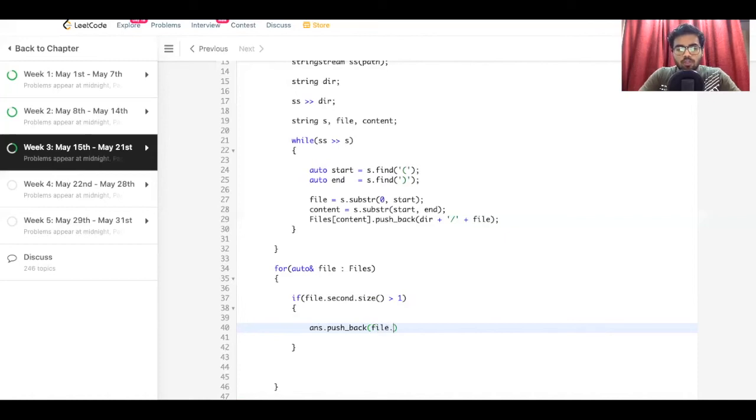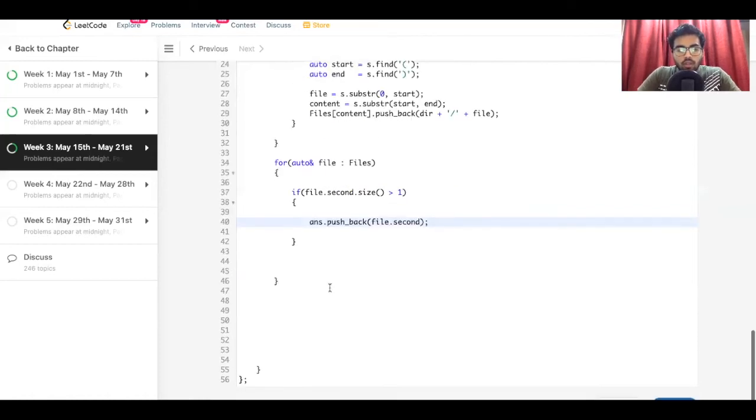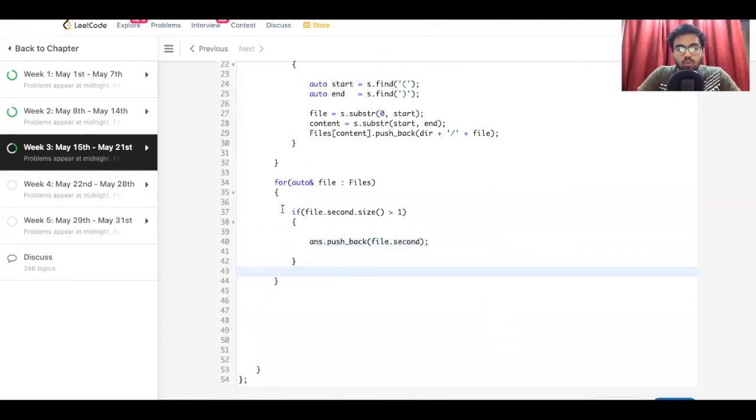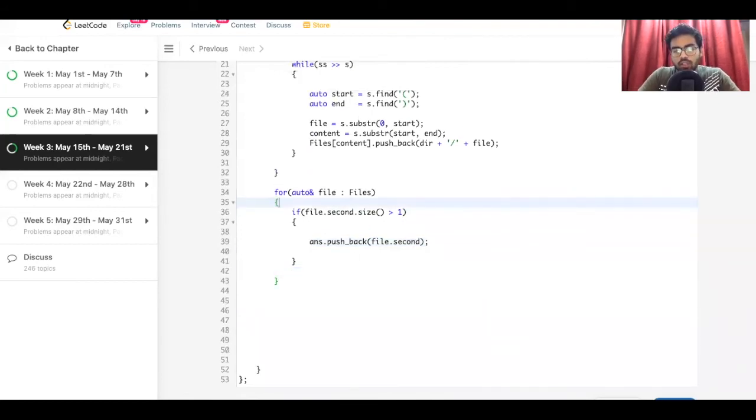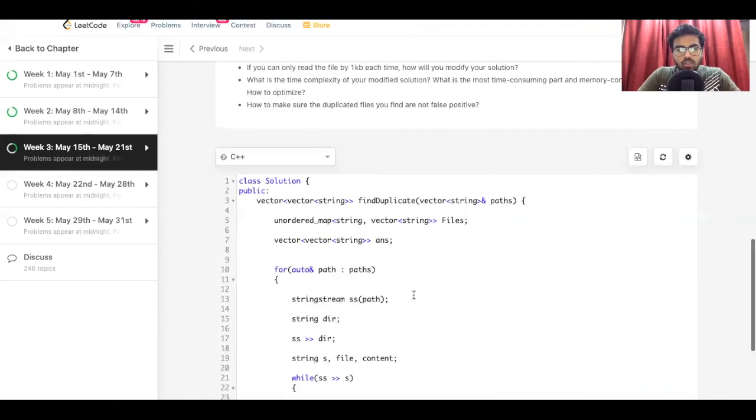So file.second, this will loop through all the files which have the same content, and we'll be pushing it in the answer, and then simply here we return answer vector, which is vector of vector string.